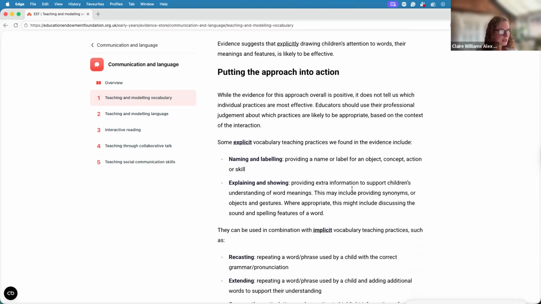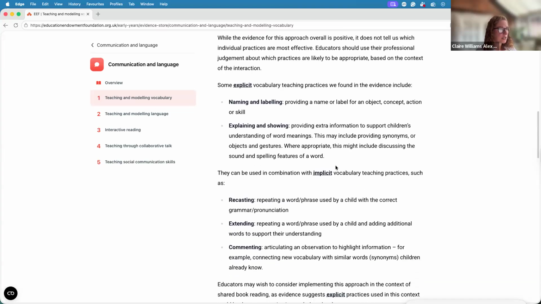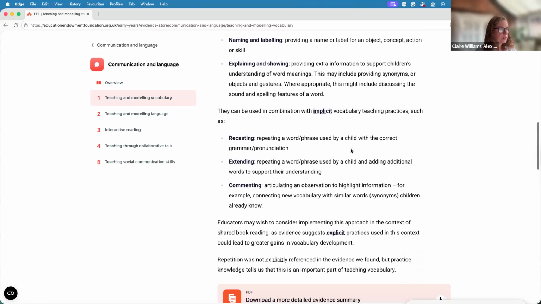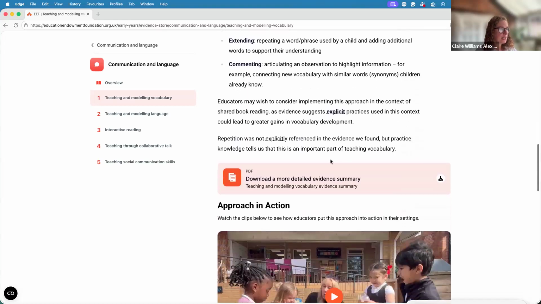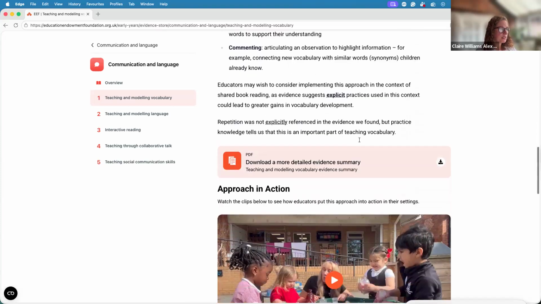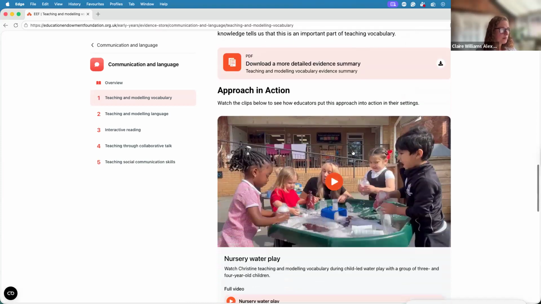So what you want to get to, you're busy, you're in your setting, you want to put the approach into action. So there's some ways of doing that. So for example, naming and labeling. So you'll be really familiar with that. We all do that in our practice, but really thinking about that in terms of what that looks like. You can then go down, and again, we've got the detailed summary of evidence there, but really importantly, we've got